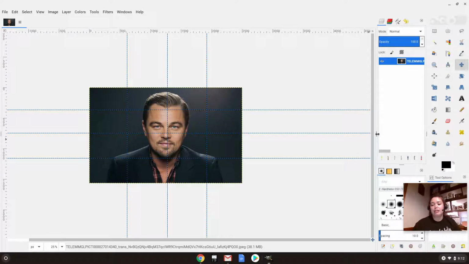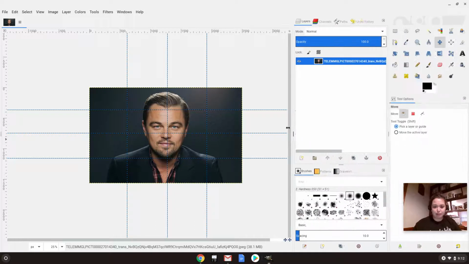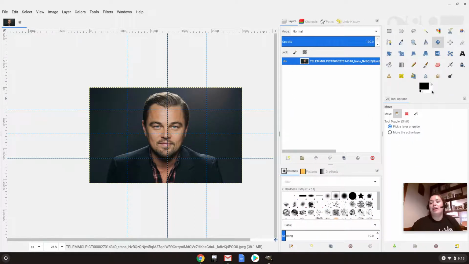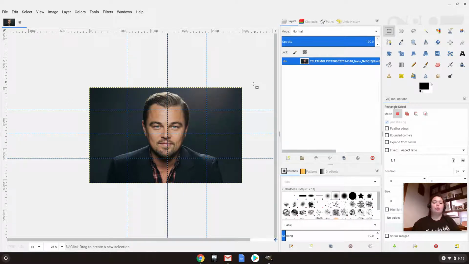I'm going to bring this guy back over here. And over in your toolbox, you have a rectangle select tool. So again, you have this rectangle select tool. We're going to go ahead and click on that. And now, just like we practiced before with our Windows replication, we're going to select a certain box. So I'm going to select this eye here, and I'm going to go ahead using my rectangle select tool, click